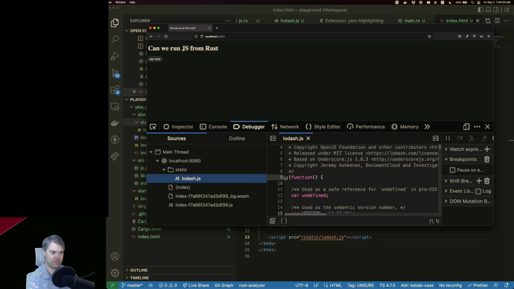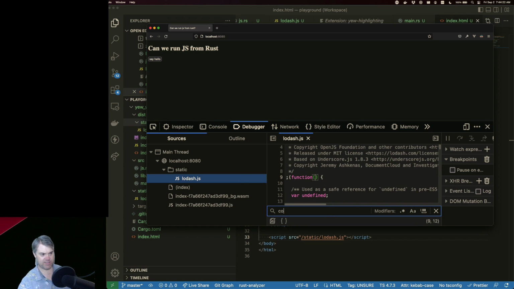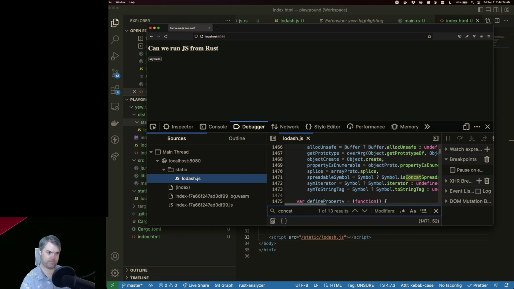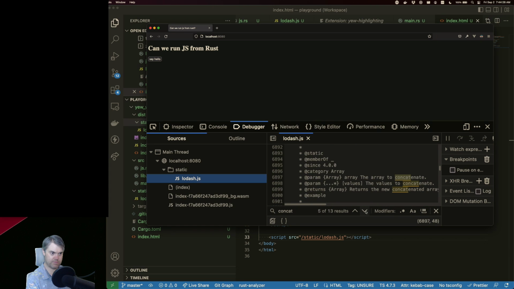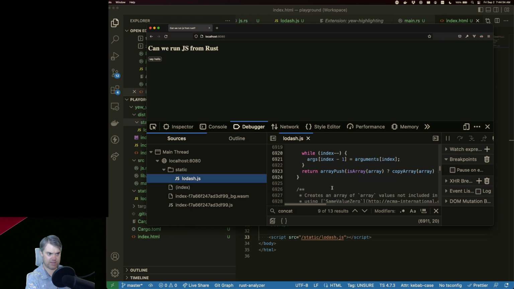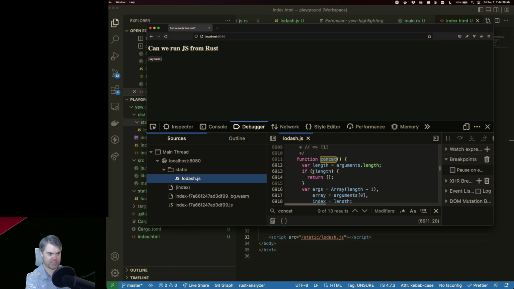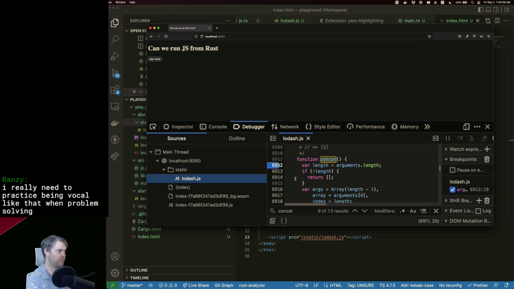Okay. Here's Lodash. Let's find concat in here. Okay, function concat. Here's the basics of it. If I just put a breakpoint on you,